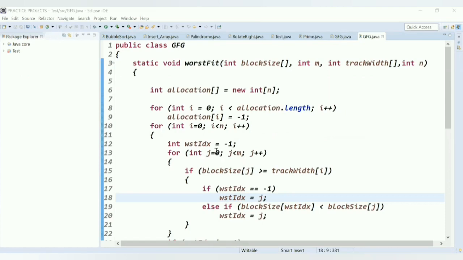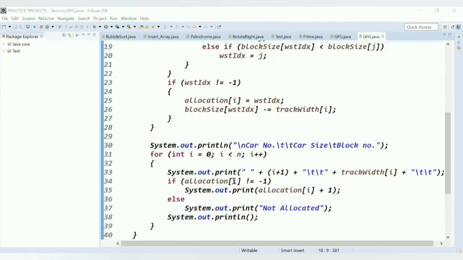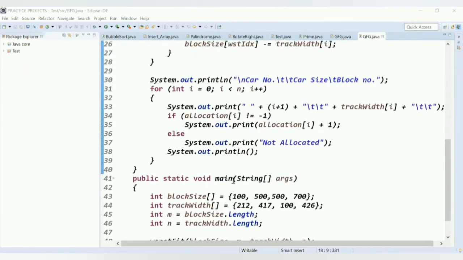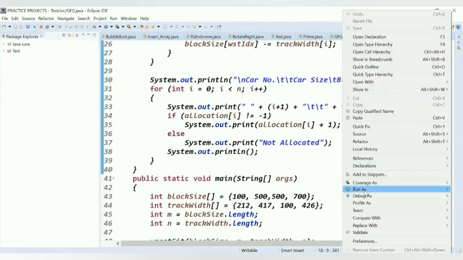in the parking lot. Here, the variables taken in the form of arrays are the allocation variable, the block size, and the track width. Now coming to the output part, if the track width that is calculated and stored in a database matches the block size, then the vehicle will be allocated in the block, else it will not be allocated. We have assumed block size and track width, and further after compiling this code,